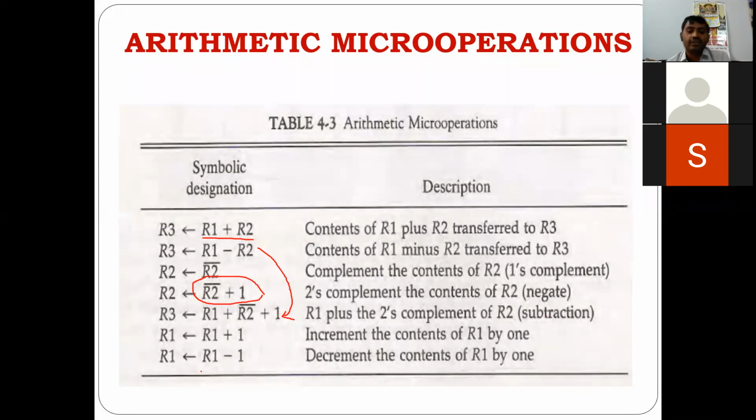And the incrementer: you know that increment is nothing but adding 1 to any number. For example, if you have 1, 2, 3 as a number and want to increment, then you add 1 to its LSB, so 3 plus 1 becomes 4, and this is 124, incremented. We have a circuit that we will discuss after this slide. And the decrementer is always minus 1. That is the decrementing circuit.